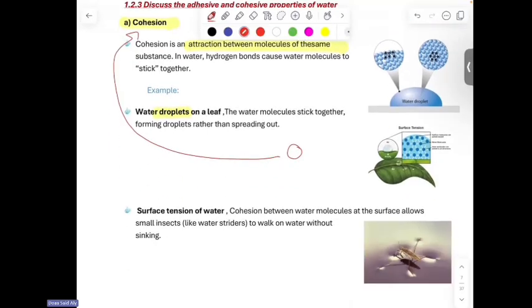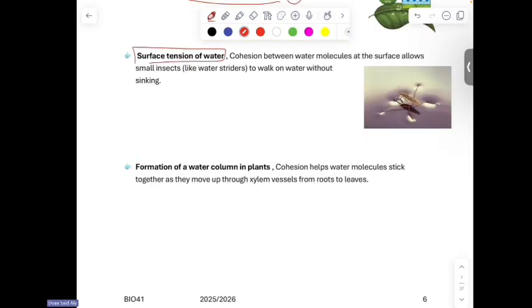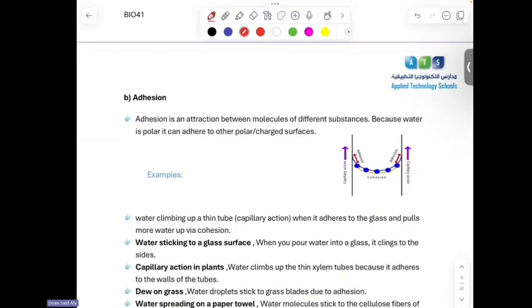And of course we know that due to the cohesion, the surface tension of the water is caused, and it allows some insects like striders, like the mosquitoes, to walk on the water. While adhesion is an attraction force between the water molecules and the wall of the xylem or the wall